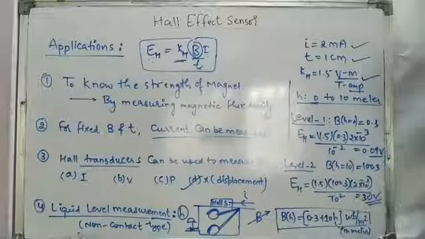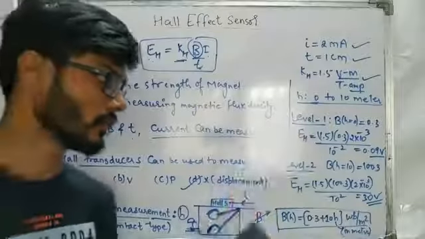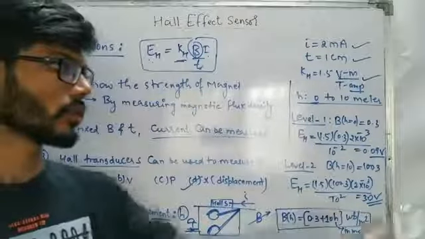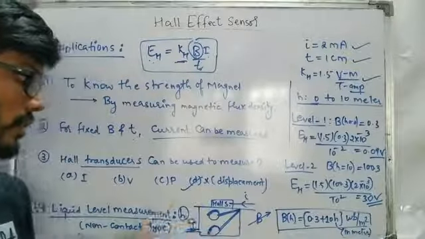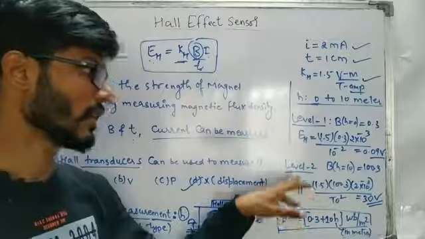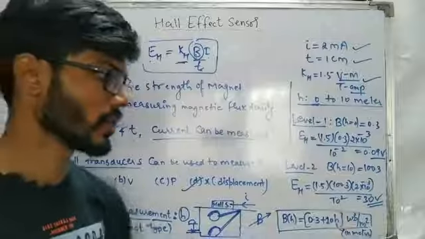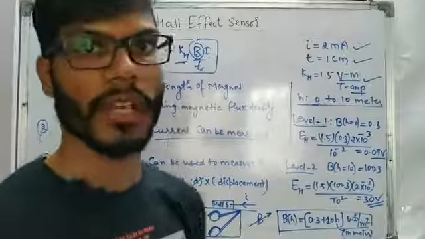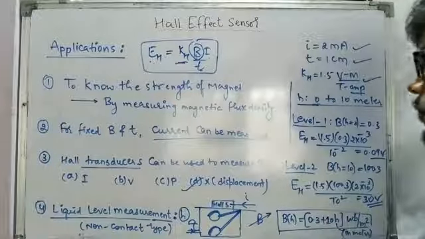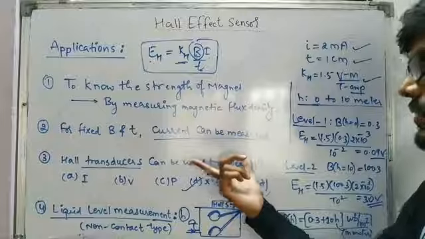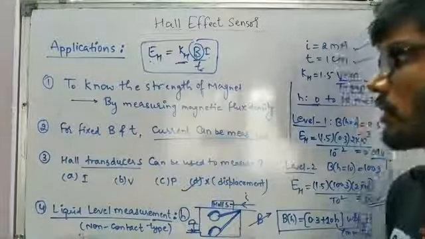In the level 0 condition, or height as 0, which I have taken as level 1, we are going to get the voltage output as 0.09 volt. If the float is at maximum height, or the level of water is maximum, which I have denoted as level 2, due to the varying magnetic field we are going to get the output voltage as 30 volts. That's how we can make use of our Hall effect sensor in industrial applications. In a quick manner, the first is the strength of the magnet, the second is the measurement of current, and also the measurement of voltage. That is ultimately the main thing of the Hall sensor.